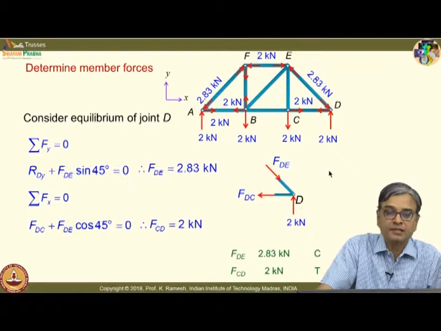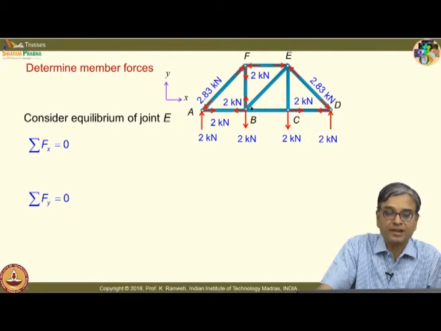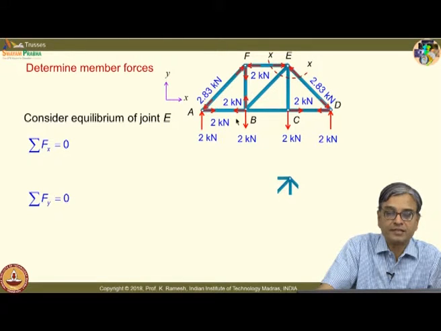Now, what I will do is I can move to several other joints. Let me go to joint E, isolate the joint and put the member forces. Here I already know two forces. So, I have no choice other than putting the directions correctly. So, these two directions are known, I am putting these two directions. For the unknown directions, I put the values away from the joint for convenience.